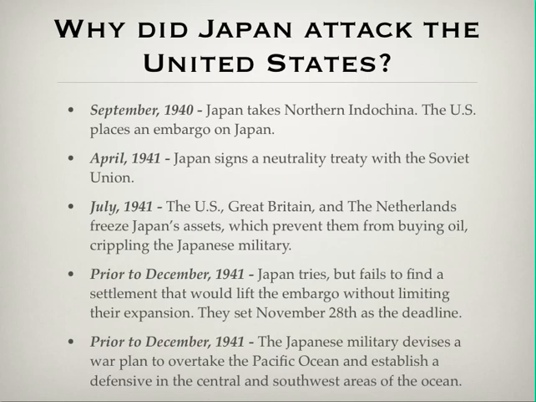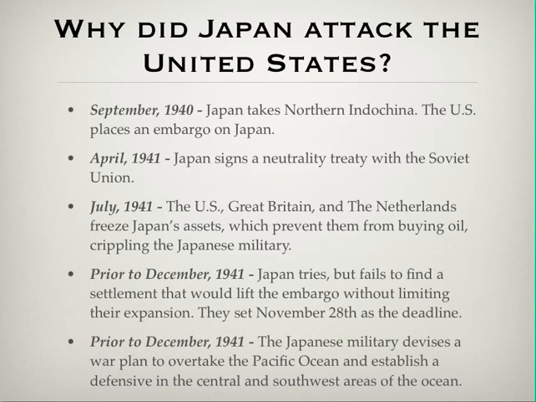First of all, in September of 1940, Japan conquered part of northern Indochina. Indochina is a region in southern Asia that consists of places like Vietnam, Cambodia, Laos. I don't know how to say that country, but they took the northern area of that region, and because of that, the U.S. placed an embargo on their trade, which greatly limited trade between the United States and them.